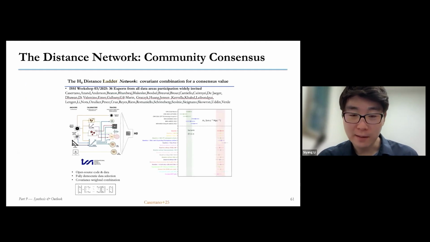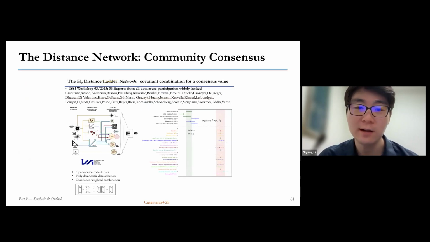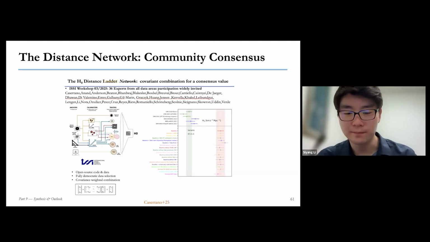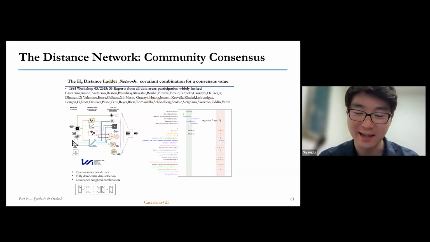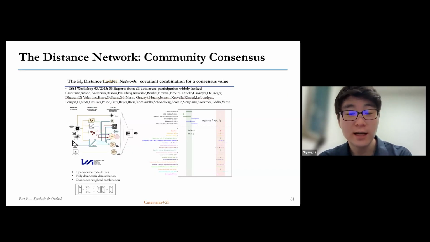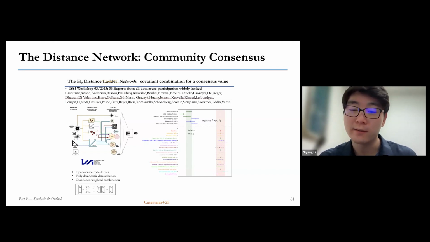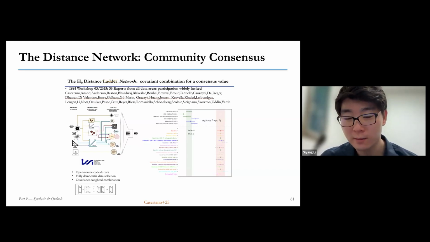And so I wanted to now wrap up with a little bit of mention of recent efforts. And I believe this will be talked about later in this conference as well. The Distance Network. So a group of Hubble constant H0 measurement experts, 36 in total, gathered at the International Space Science Institute in Bern to talk about where measurements of the Hubble constant agree and disagree across different methods, and to combine and compare these methods. At the moment, in their work, and our work presented in Stefano Casertano's paper in 2025,